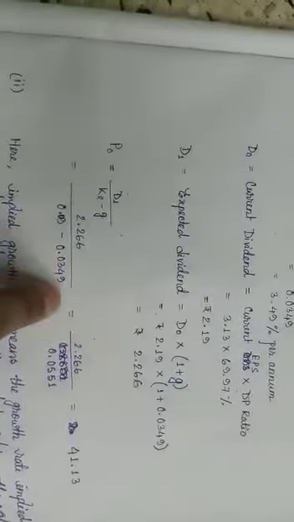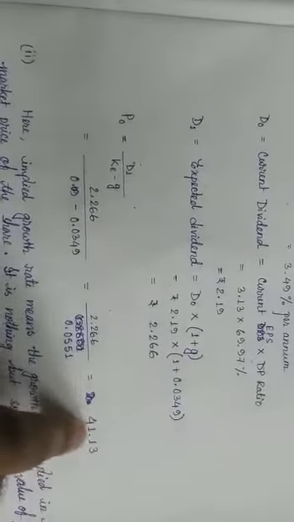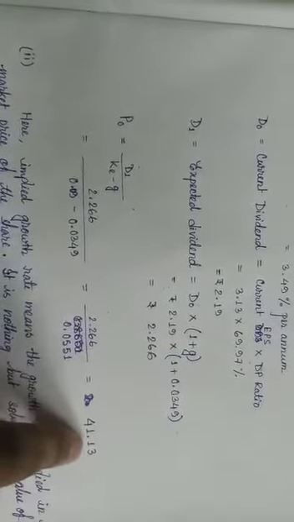Now we know that the price of the share as per the Gordon model can be calculated by applying the formula P0, that means price of the share at the beginning, is equal to D1 divided by KE minus G. Here D1 is rupees 2.266, which is calculated above. KE, cost of equity, is given in the question. It is 9%, so it is to be written as 0.09, and the growth rate calculated above is 3.49%, which is to be written as 0.0349, and we have the price of the share at the beginning, that means current price, which comes to rupees 41.13. This is the answer of the first question.